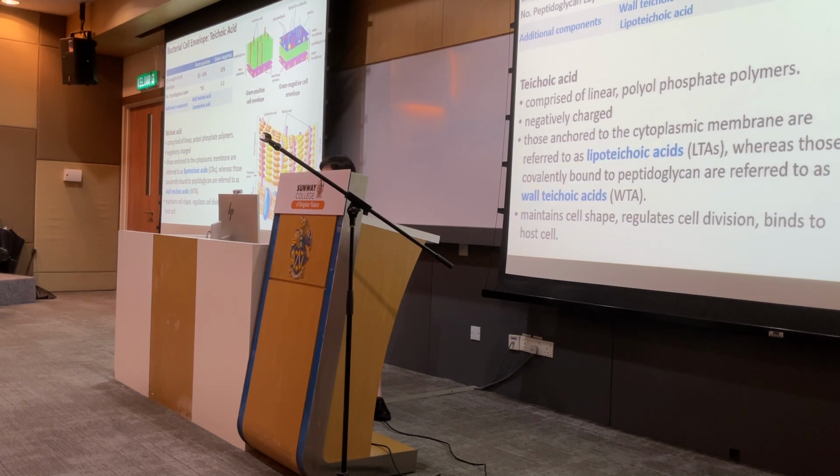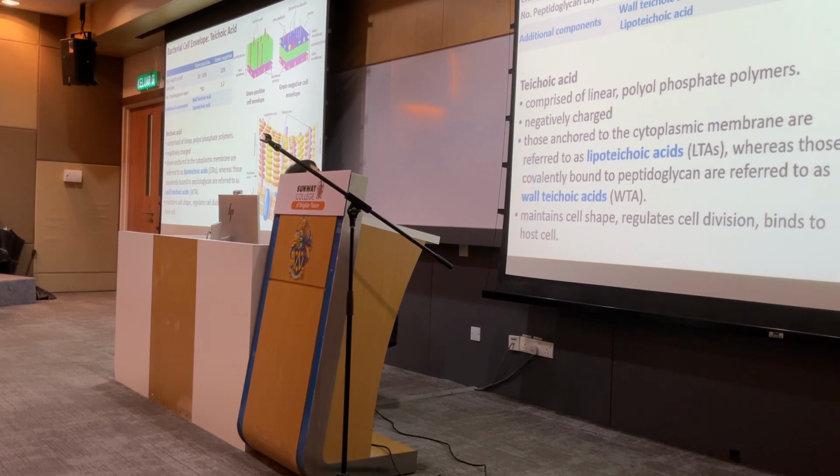Teichoic acid. Teichoic acid is one of the components present in the cell envelope. Where does this present? It is actually present in the gram-positive. In this table you can see the comparison of gram-positive and gram-negative bacteria, because the peptidoglycan is very thick,